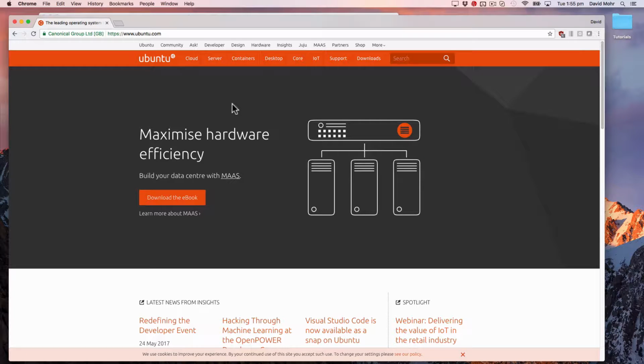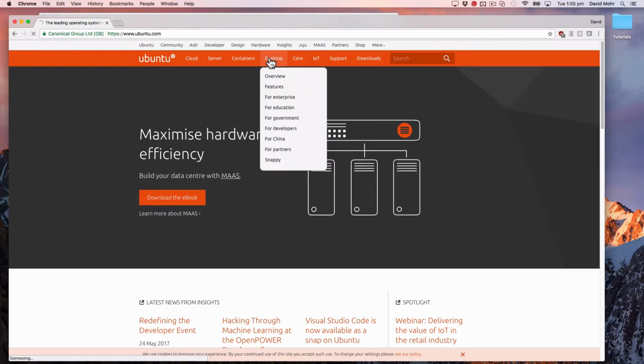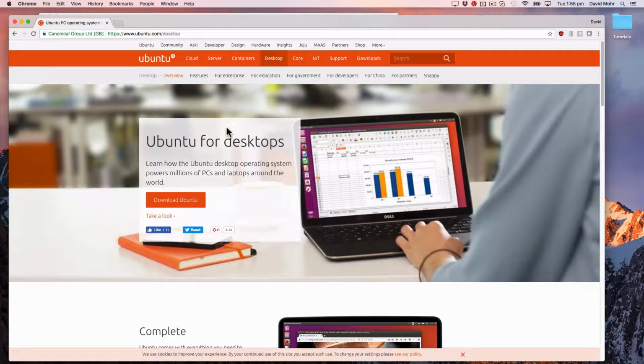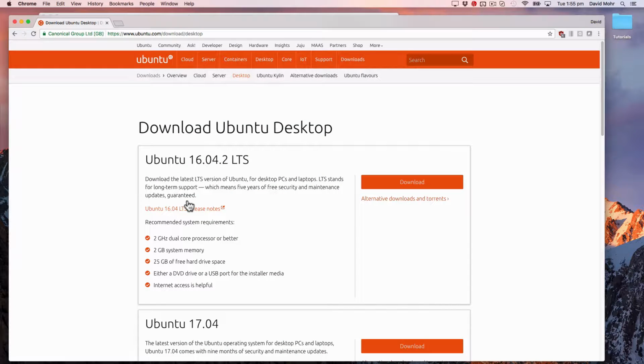This video will guide you through installing a Linux system, specifically Ubuntu 17.04, using VirtualBox. The whole process will take about 20 minutes. Assuming you already have VirtualBox installed, we're going to start by downloading a copy of the Ubuntu ISO from the website ubuntu.com. Click Desktop, click Download Ubuntu, and then when selecting your Ubuntu version, there are generally two options: the